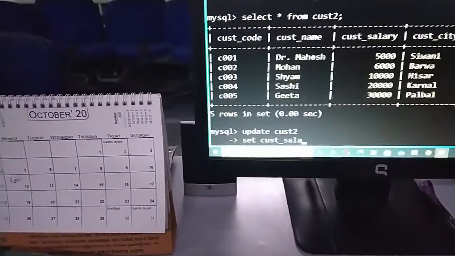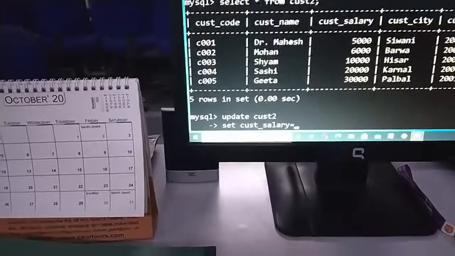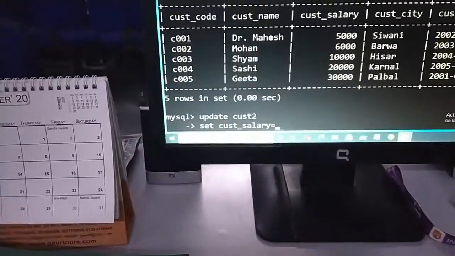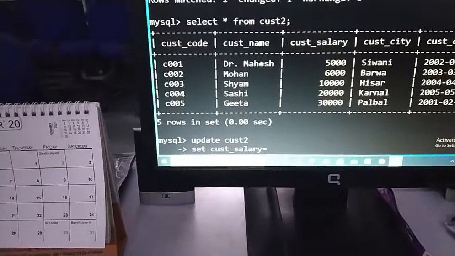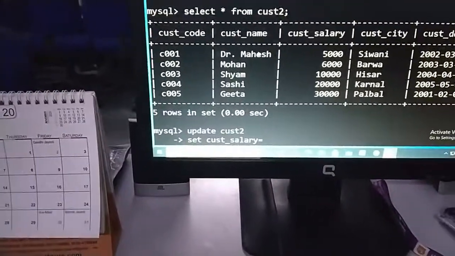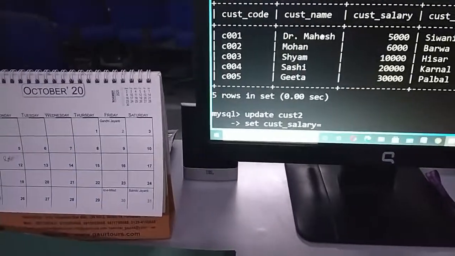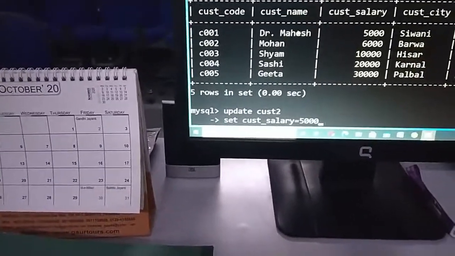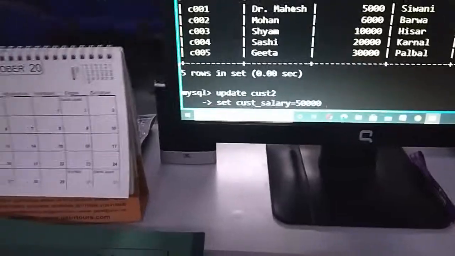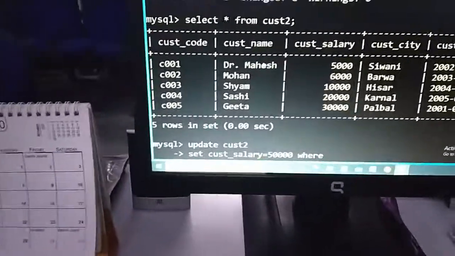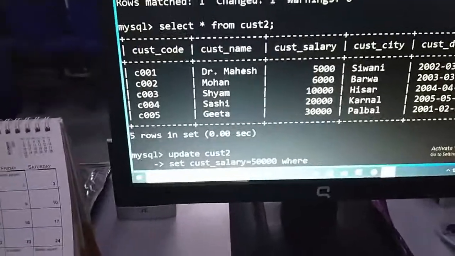Write that: set cust salary equal to how much you want. Either you can directly replace it with 50,000 or you can say 5,000 plus 45,000, both ways work. So simply I'm saying cust salary equal to 50,000. Since it's a number, no need to put it in quotes. So I made it 50,000 where, either you can say cust code equal to C001, or cust name equal to Dr.